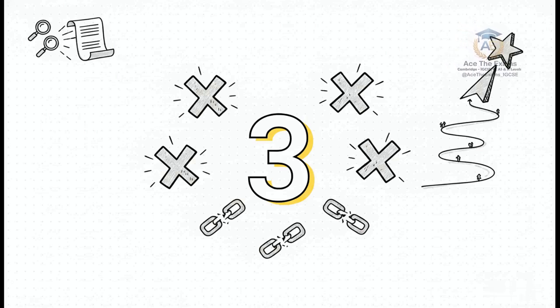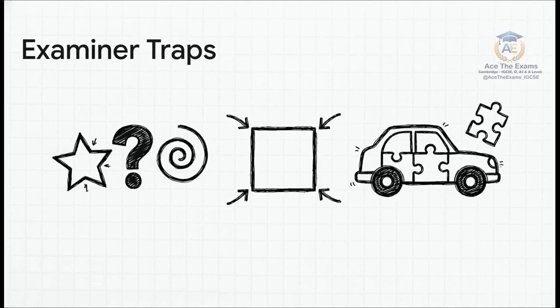If you can focus your energy and eliminate just these 3 specific mistakes from your marathon strategy, you will instantly separate yourself from the average candidate pool and catapult yourself into the top percentile. It's really that simple. I really want you to look closely at this list of examiner traps on your screen right now, and I want you to be honest. Try to find the flaw in your own previous exam papers. We've all done at least one of these.